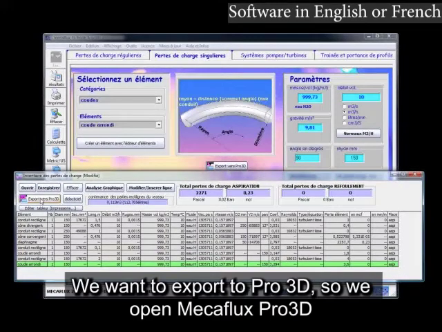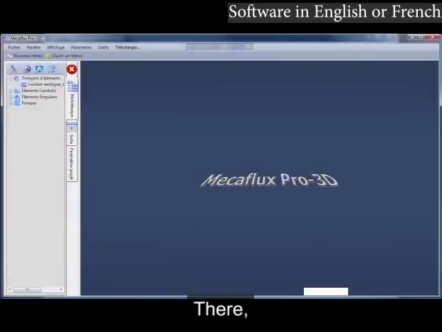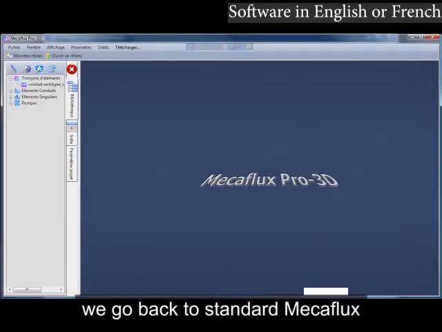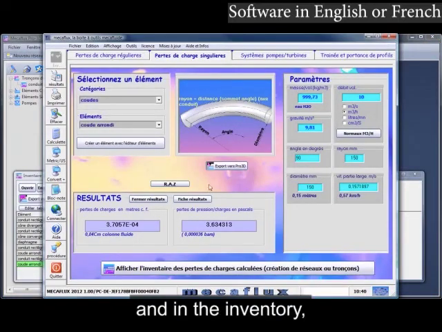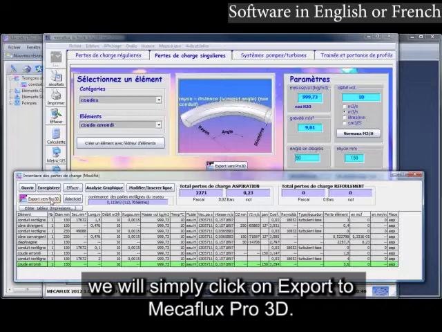We want to export to Pro 3D, so we open MakeFlux Pro 3D. There, we go back to standard. And in the inventory, we will simply click on Export to MakeFlux Pro 3D.